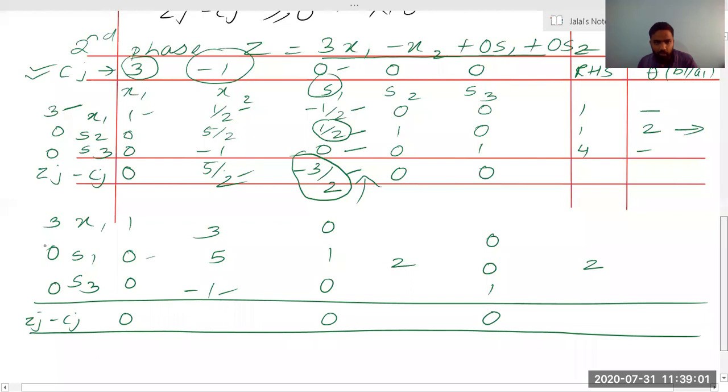Okay, now if you need to find zj minus cj, see 9 into 3 into 3, 9. 9 plus 1 कितना होगा? 10. You can do it either way. You can even cross multiply. Again, last time we did 5 by 2 plus 15 by 2 will be 20 by 2 into 2. So 20 by 4 into 2, this will come out to be 10. Now we need to find this value. This will be 0 minus, plus 1 हो जाएगा. This will be 0 minus 0 हो जाएगा.